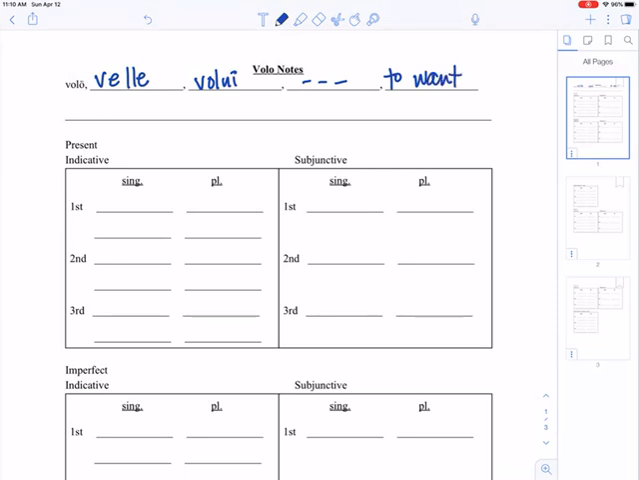Okay? Like something that is voluntary. That is something that you want to do. Okay? And then the big thing about volo is no forms in the passive voice. Okay? So that's why there's no fourth principal part. There's no fourth principal part. Generally, it cannot be a verb that can be passive. Okay? All right, so no passive forms,